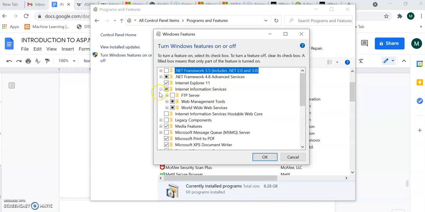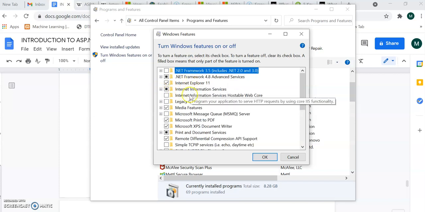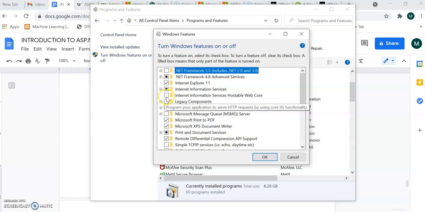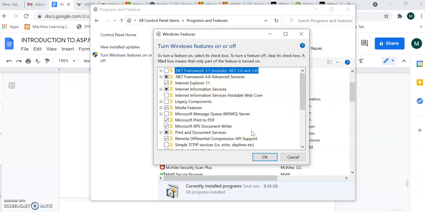Just before 10 minutes I have installed it, so I will just show you. If you open your Windows 10 and go to this path, then this one, it is a blank square. Just click on this and say OK. Then Internet Information Service will take 2 to 3 minutes to get installed. These additional components will be installed for the Internet Information Service. Once it gets installed, then